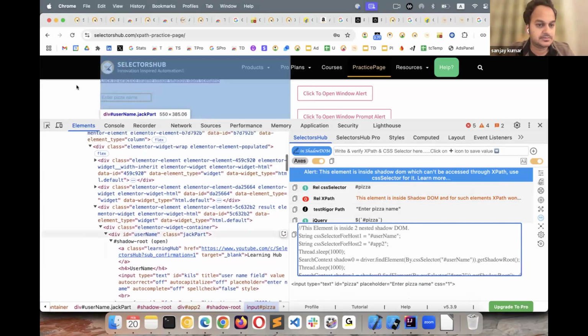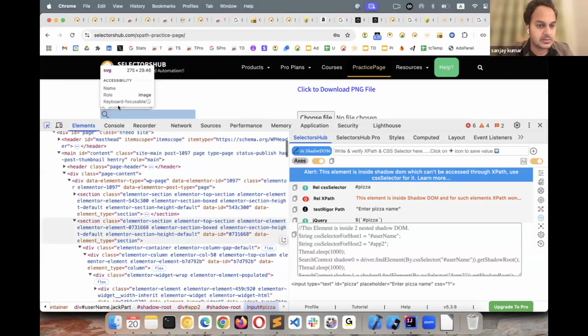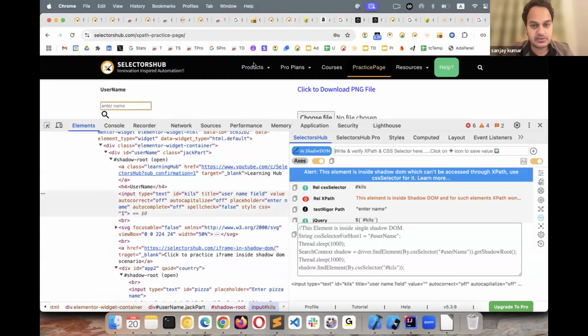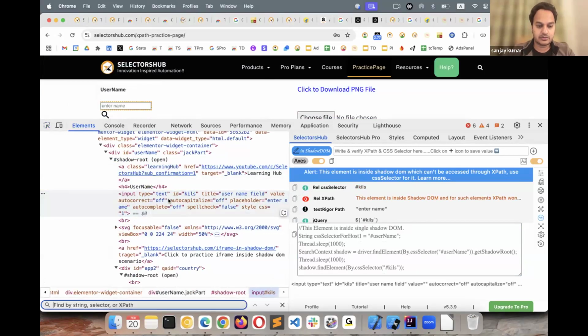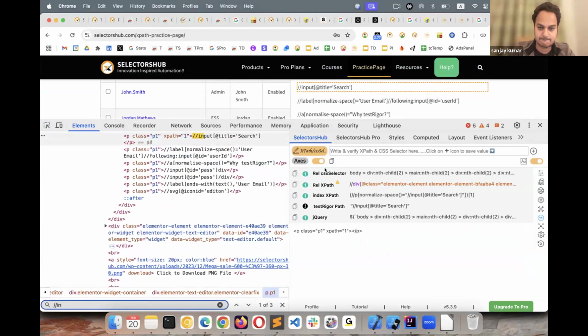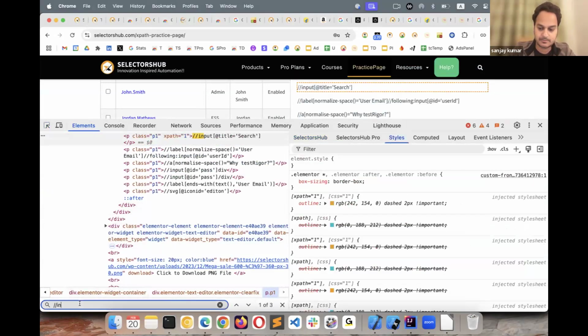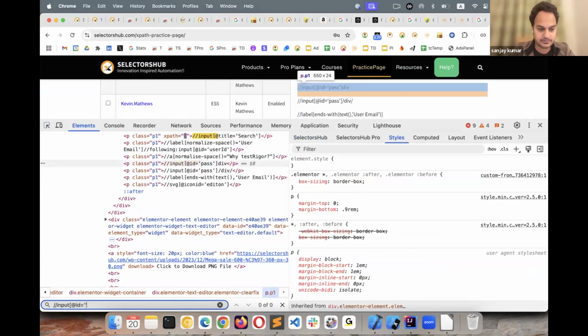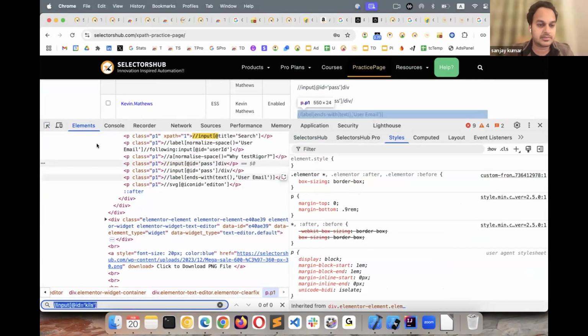Like if you inspect this element, you see that this is input, right? And now if you try to write XPath here, /input, @ID. So you see that it is showing 0 of 0. So this way we will not be able to learn the concept